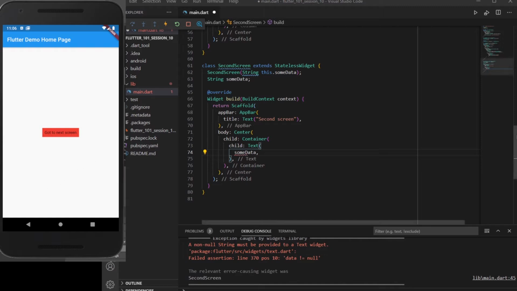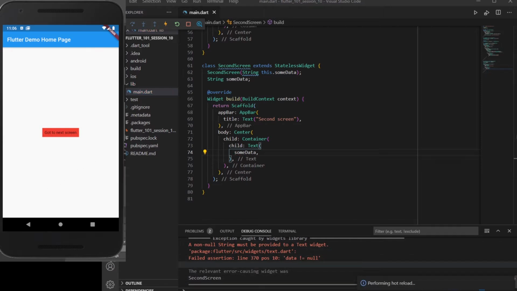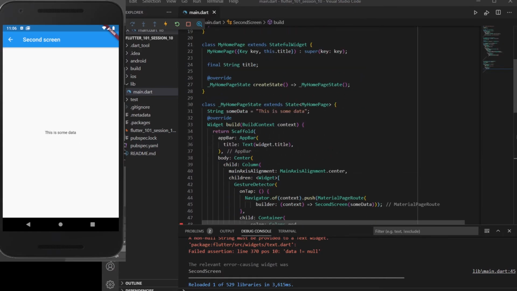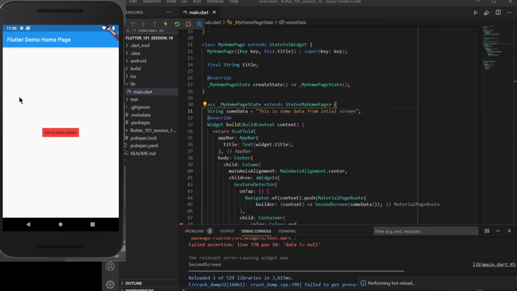So let's wait for the app to hot reload. After a quick hot reload, whenever we click on this screen, it is displaying "this is some data". So let's change the data, for instance, to "some data from initial screen", save it, and hit the back button so the app does not crash again.